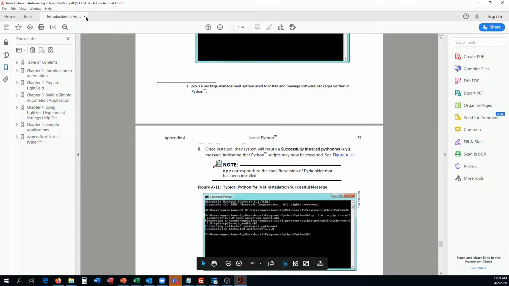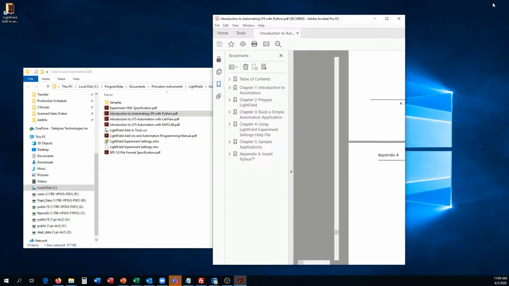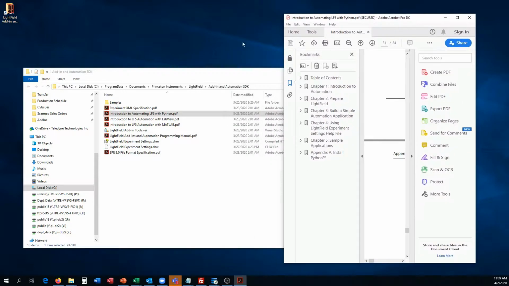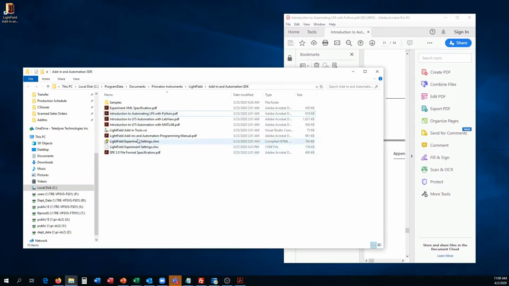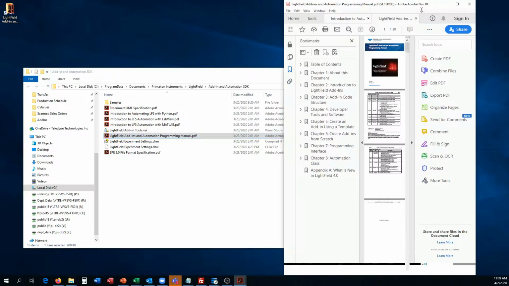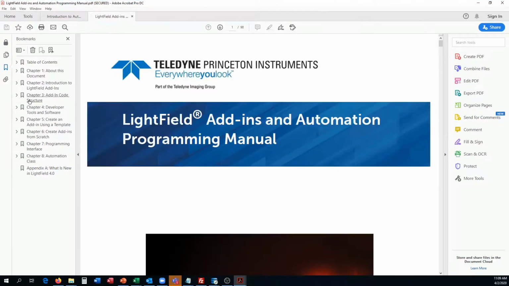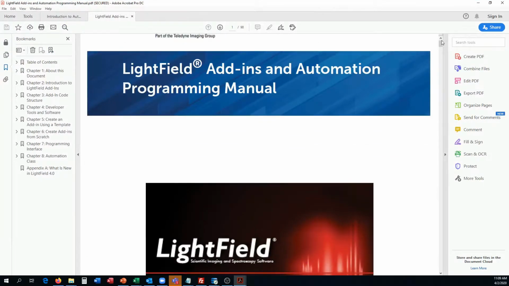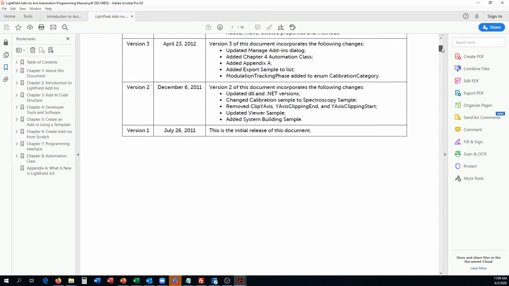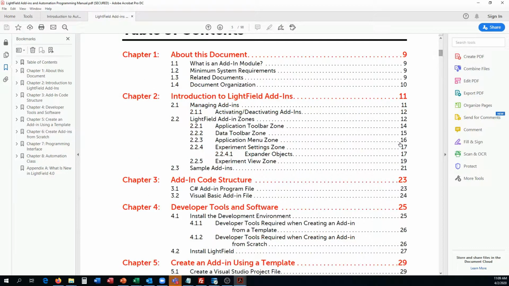So the next document we're going to want to look at, so we can minimize out of, let's just reduce the window size. I want to point out the LightField add-ins and automation programming manual. So let's maximize Acrobat again. Sorry about that. Here's the manual. So this covers in depth how to write add-ins for LightField, but it does have some relevant